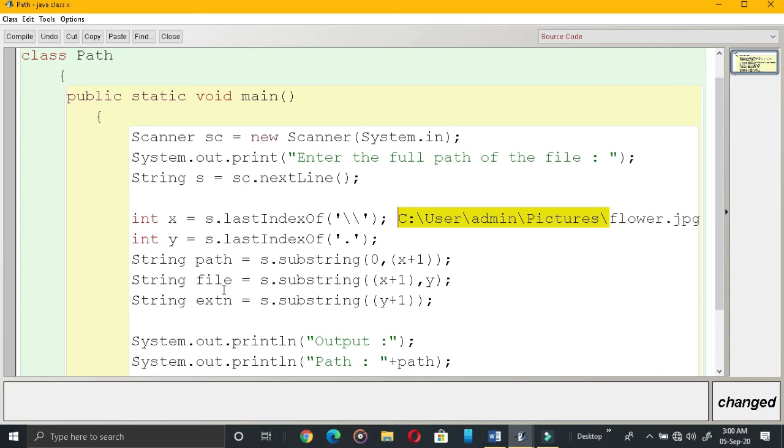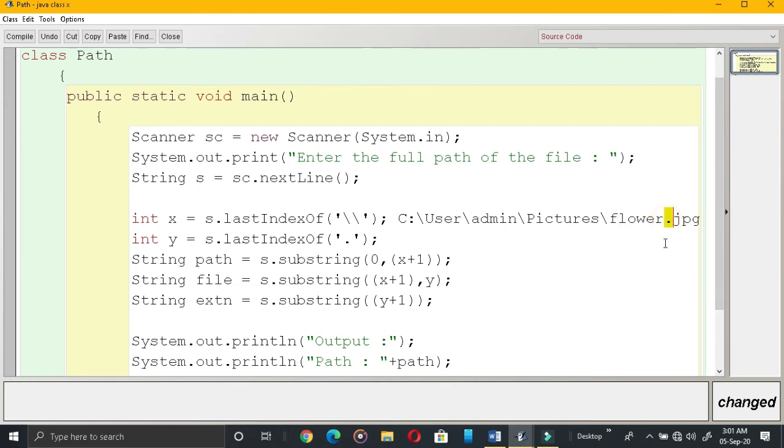So you got this. Now string file is equal to the file name I am going to extract. File name is equal to s.substring(x+1, y). X plus 1 means 22 plus 1, 23, starting from 23 up to y.